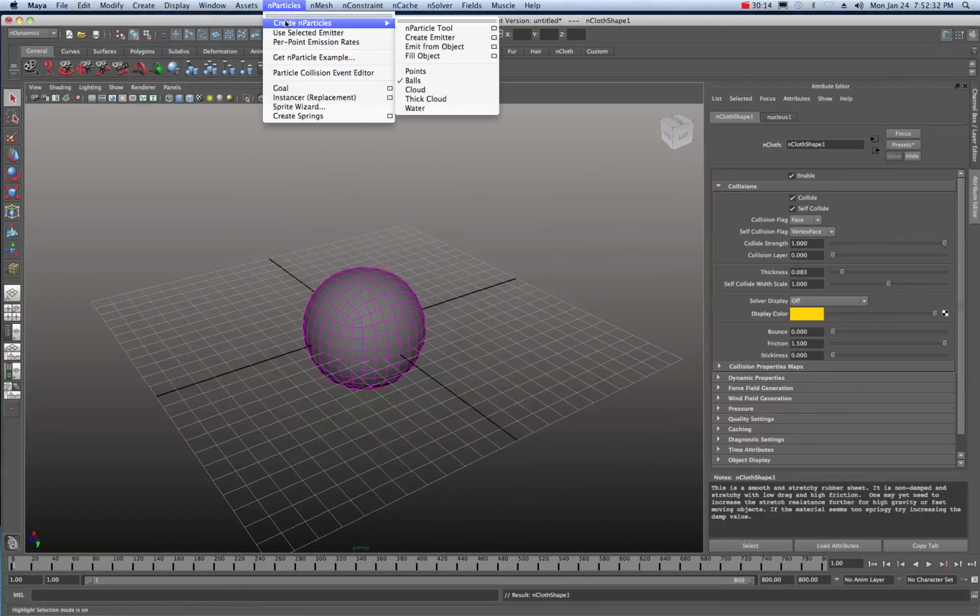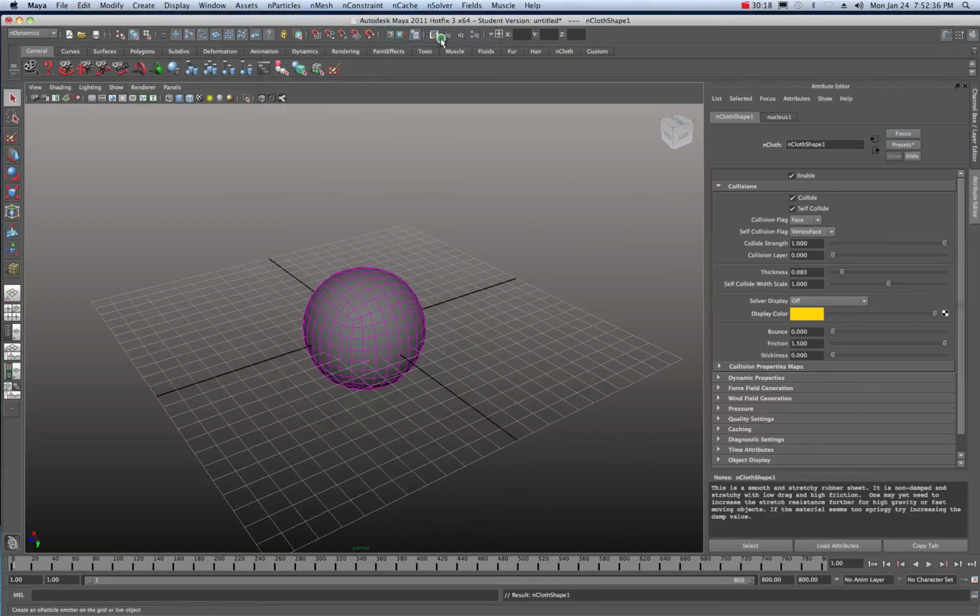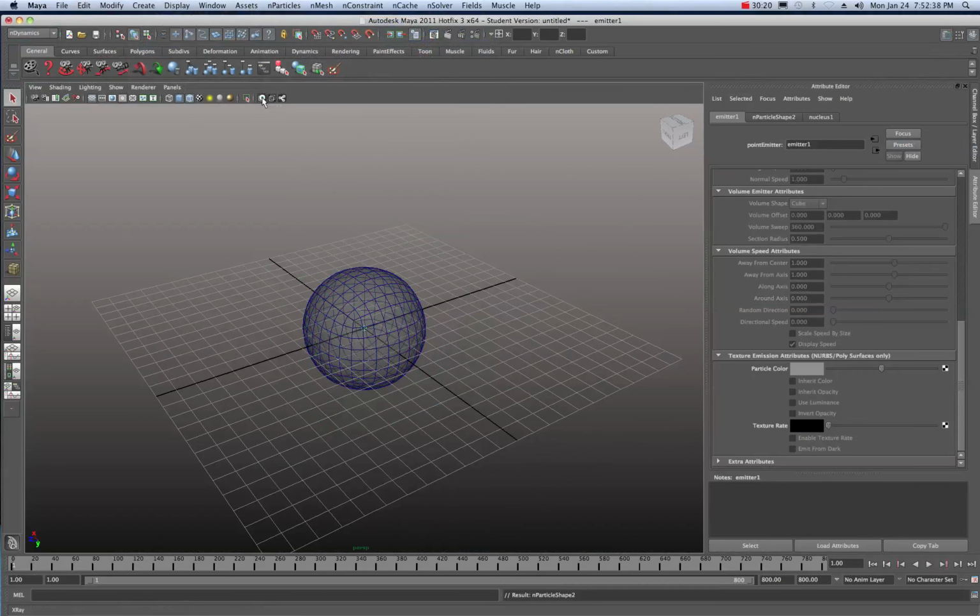So we'll go to Particles, Create Particles. We'll just create that emitter. And there it is. It should be sitting right in the middle there. And we'll hit play. Those particles will build up in there, and they'll do their particle thing. Okay, so now we have basically the same thing going on. Particles filling that up, and at some point,